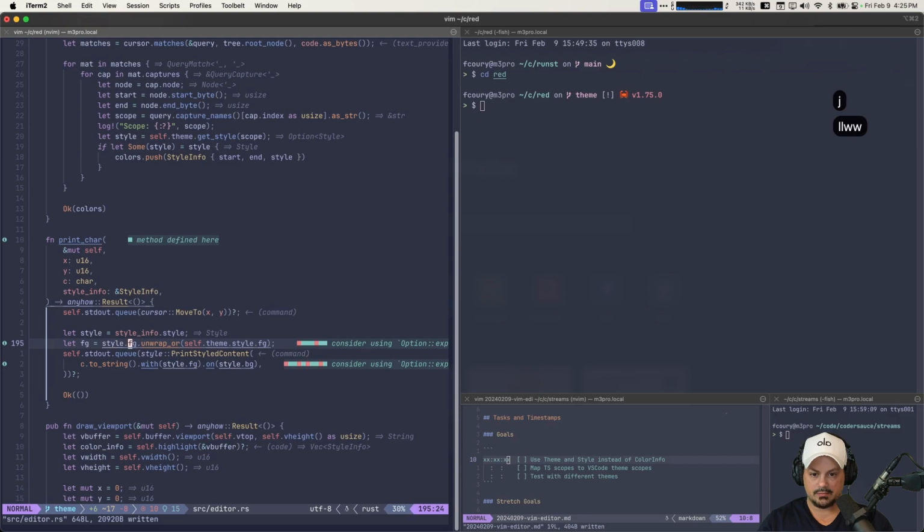And then style.foreground is an Option<Color>, but the theme style.foreground is also an Option<Color>. So I think we still need to account for None, but